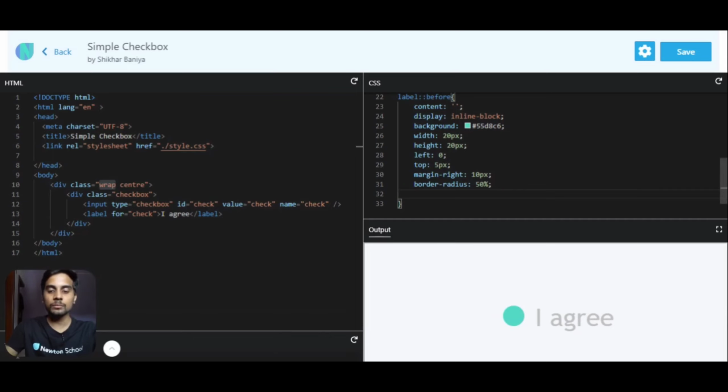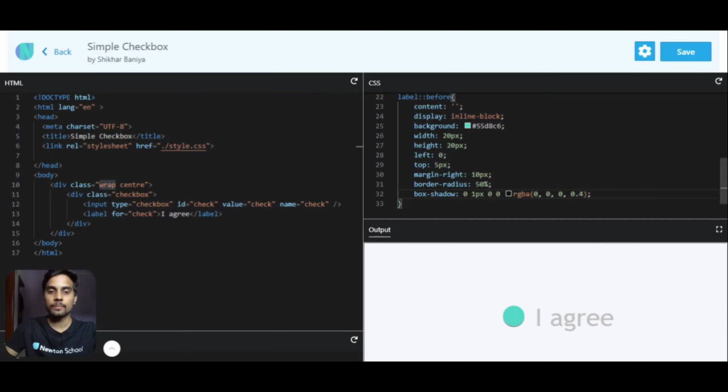So box shadow 0 horizontal alignment, 1 pixel vertical alignment, 0 and 0 for spread and blur, and then the RGBA value 0, 0, 0, let's say 0.4. So as you can see, we got this shadow.